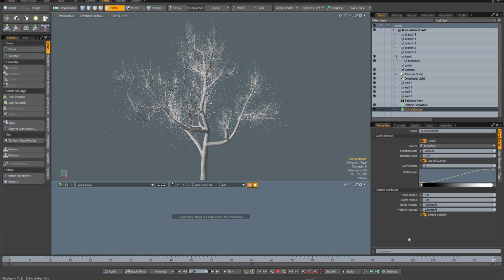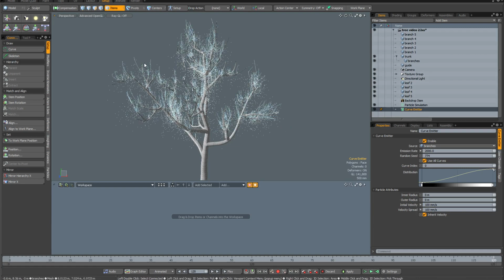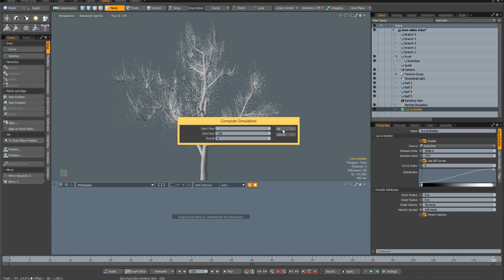Go to my curve emitter. Let's reduce the velocity spread because that's basically causing a difference in velocity between some of the particles. Let's just recalculate having just changed that, and you can see straight away that's bringing the particles closer to the branches. I am going to reduce the velocity down to 50, and let's recalculate. Obviously, it's a